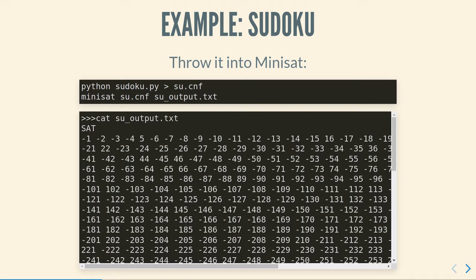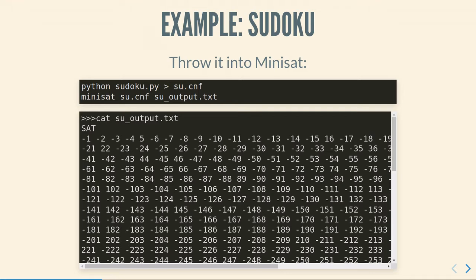example, we can use a simple off-the-shelf, old-fashioned solver called MiniSat, for instance, or Ling, or there's a whole bunch of them. So we say minisat, and then we give it the CNF file, su.cnf, and then we also give it the output file that we want to write the output to, so su_output.txt. If we run that, and then take a look at that output, the output will say it is SAT, it is satisfiable, that all of the clauses that you gave it can be mutually satisfied, and these are the values that satisfied the